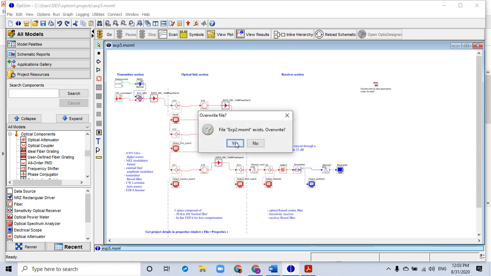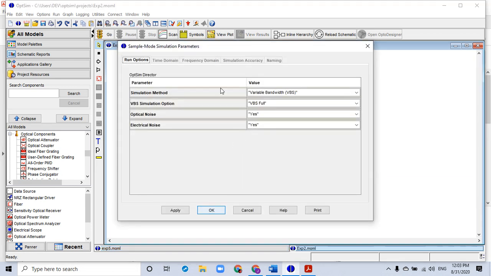It says it exists, override, so say yes. So this window will pop up in front of you. This tells you that you can select the options as per your aim and as per the specifications that have been given to you.